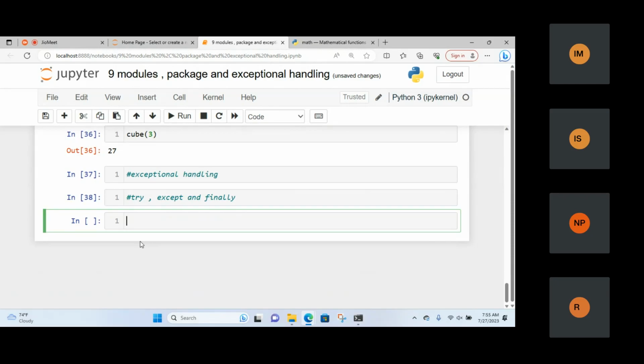Just assume if this particular try block is not working, then the program flow goes to the except block, and whatever the user is entering as wrong inputs, accordingly what you want to generate is going to be executed in the except block. But just assume you want to execute some functionality whether try is working or except is working. For example,